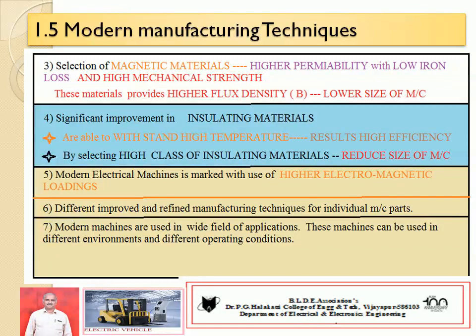Hence, magnetic materials that possess higher permeability with lower iron loss and some mechanical strength are more optional to select. These materials provide higher flux density, another important characteristic that is very much needed. Hence, such magnetic materials are useful,